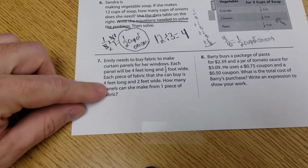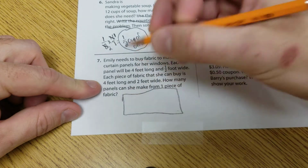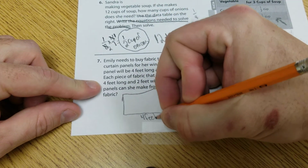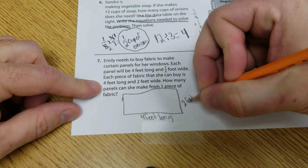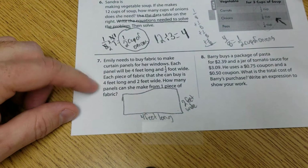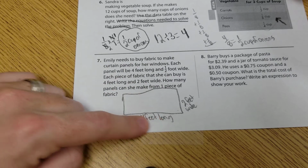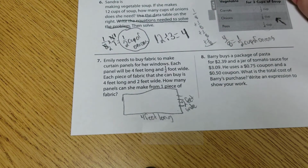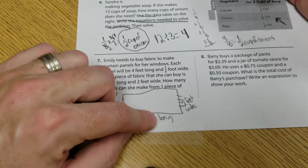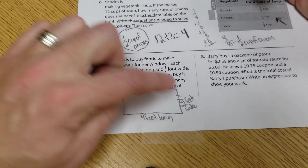All right, so what she has, the piece of fabric, if we want to draw this out, is 4 feet long. And then it is 2 feet wide. That is the fabric piece. Now what she's going to use this for is cut it into pieces 4 feet long and 1/2 foot wide. Well, our 4 feet long is good, but this she's cutting into 1/2 feet. So how many can she make with one of these? Well, the 4 feet long, we don't have to worry about it. They're the same. So really we only have to look at the 2 feet, and we're cutting it by 1/2